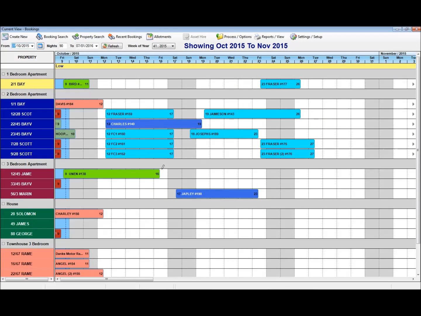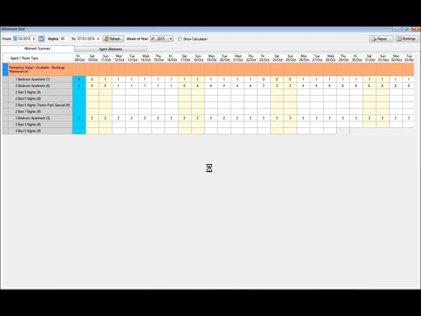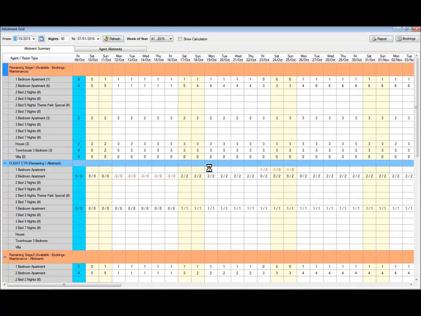In this video, we're going to look at the allotments grid in the REI Master bookings. In your bookings grid, there is an allotments button at the top here. If we click into that one, we are then shown the allotments grid. I'm going to work our way through this one here and just explain each of the cells or the information